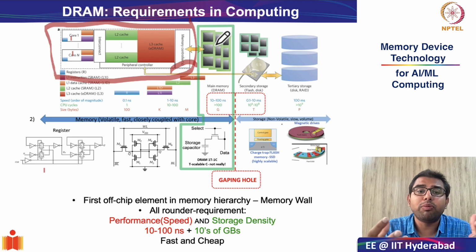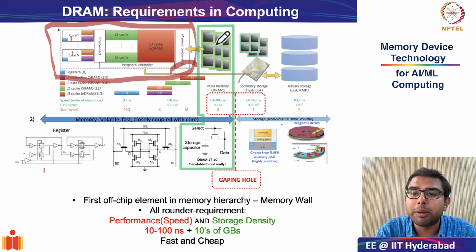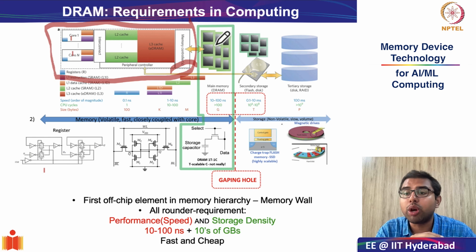And as you can understand, when computing systems become more complex and are supposed to handle more cores and more operations, the requirements for the size of main memory also start increasing quite drastically. Whenever we buy a computer system or a mobile, we see that the size of the main memory, it could be 8 GB, 16 GB, 32 GB, is often related to the performance of the overall computing system and also increases the cost of the computer or mobile phone that you are trying to buy.